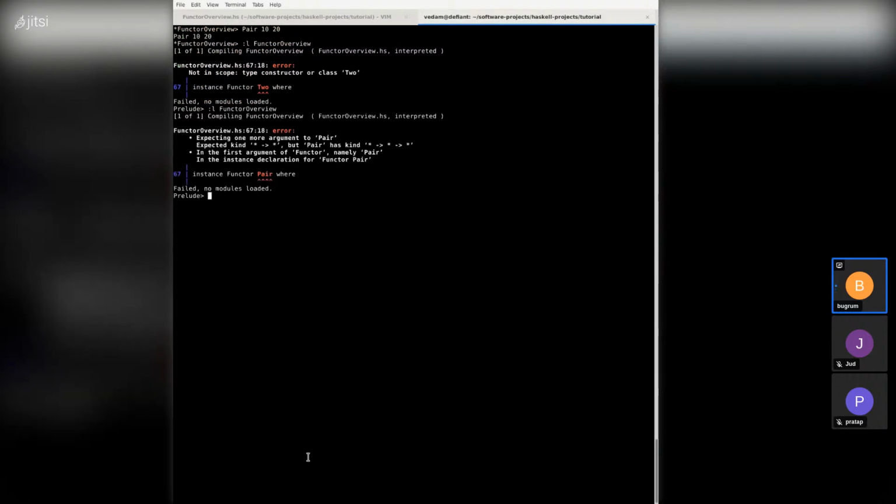The thing about this error here is it tells you a lot if you can understand what it's saying. Pair expects one or more type variables. The functor type class, and all type classes, expects a kind of star arrow star, meaning that it's expecting a parameterized type of one type variable. Pair, on the other hand, is expecting